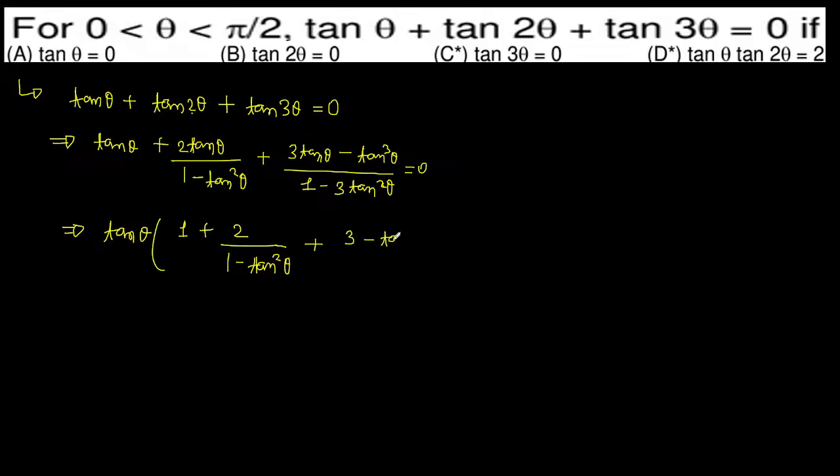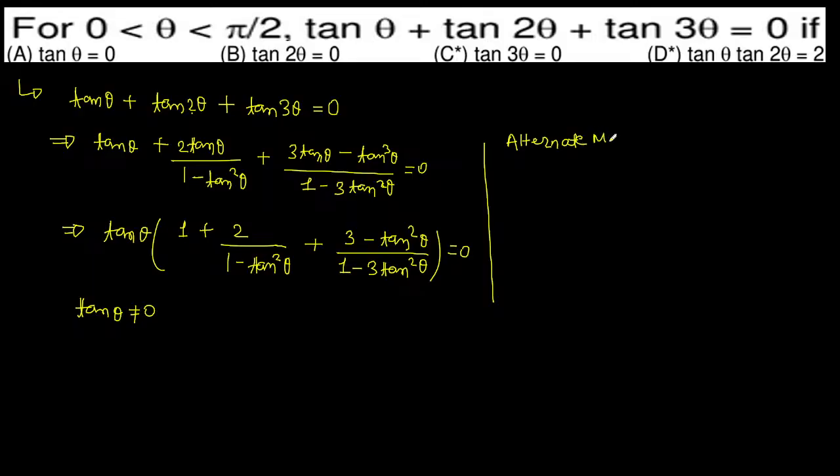प्लस थ्री माइनस टेन स्क्वायर थीटा, वन माइनस थ्री टेन स्क्वायर थीटा। तो टेन थीटा जीरो हो जाएगा, तो ऑप्शन ए सही है। ऑप्शन टू में हमें ये बताना है कि टेन थीटा इज नॉट जीरो, थीटा क्योंकि थीटा जीरो से बड़ा, और इसका पता नहीं। नहीं नहीं नहीं, इसे अल्टरनेट मेथड से सॉल्व करें। अल्टरनेट मेथड,